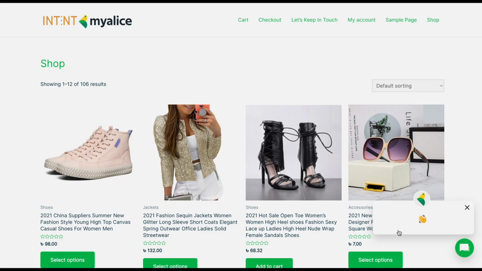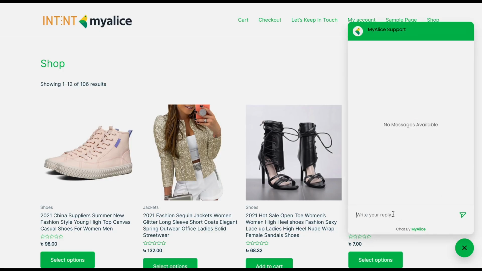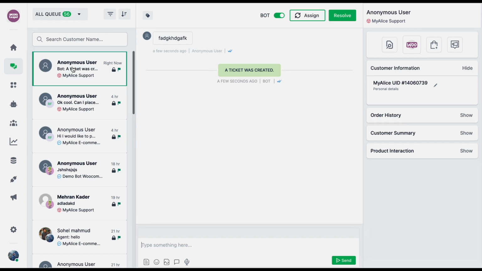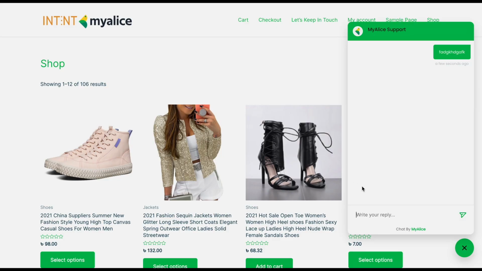So let's see, I'll just create a ticket on this website, and this will land this conversation in your inbox. So think about all of the other channels that you have, from Facebook, WhatsApp, your website, all of those channels, and these tickets and conversations are coming in. Let's consider the pre-purchase phase. So if I'm a customer and I'm reaching out to your website, I might ask about a particular product. So I'll just ask, do you